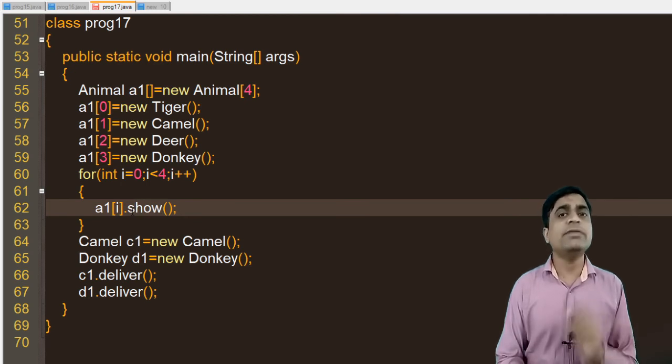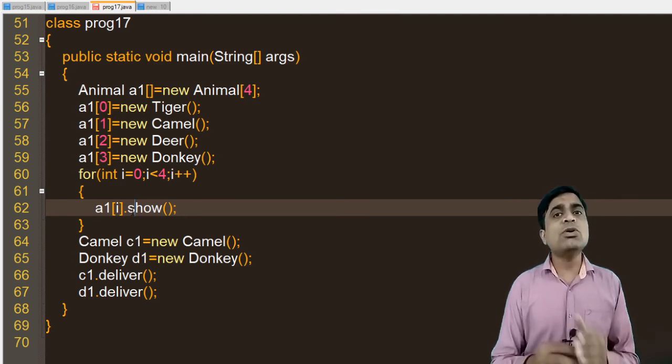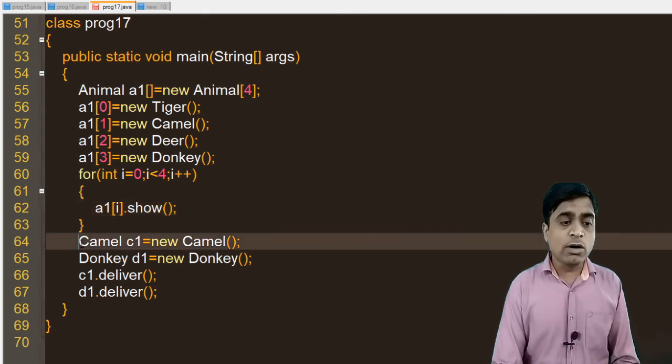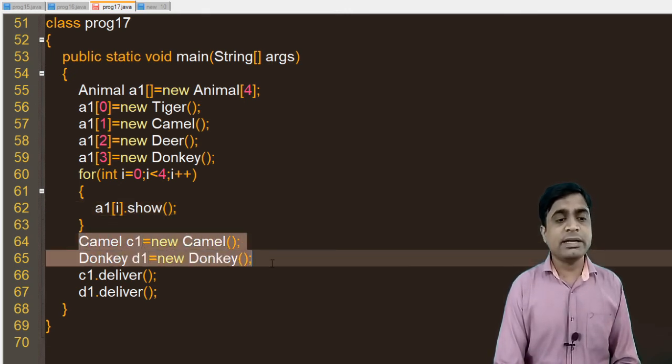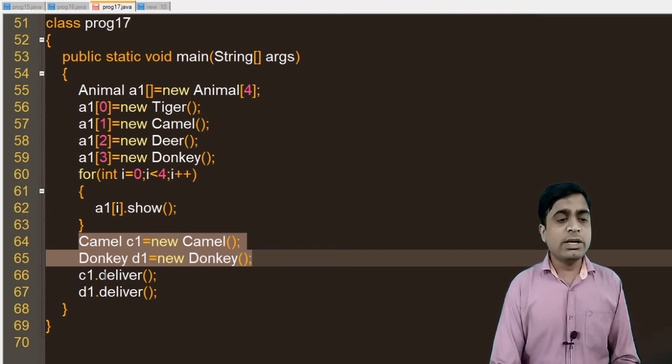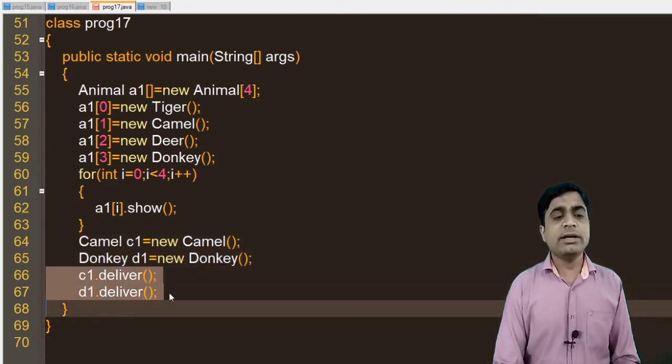Now the delivery is not a part of all four classes, camel, deer, donkey and tiger. So that's why I have created objects for the camel and donkey separately: camel c1 and donkey d1. And now I am calling the delivery method, c1.deliver and d1.deliver.